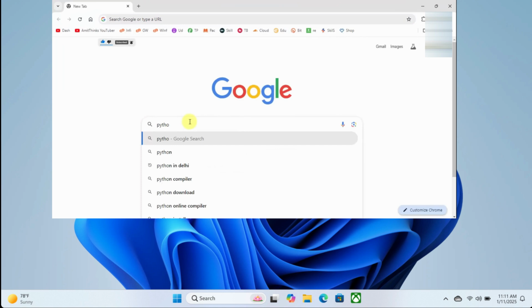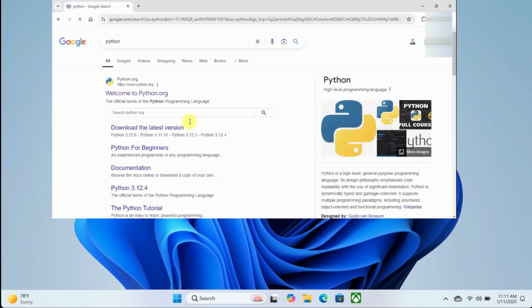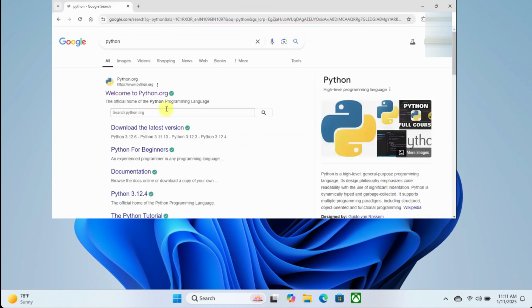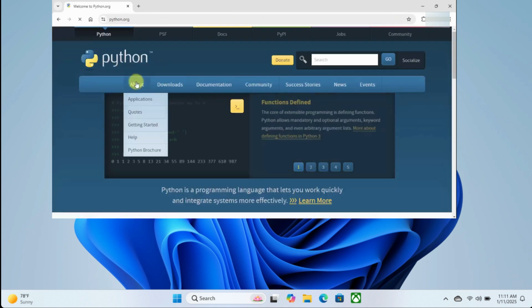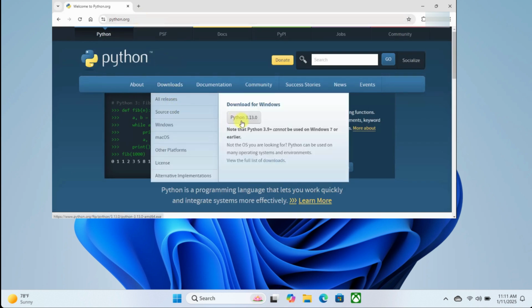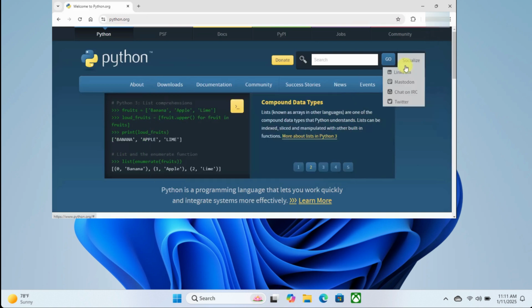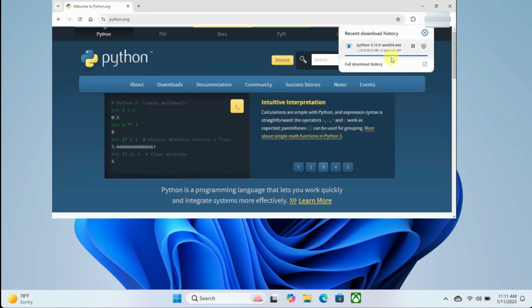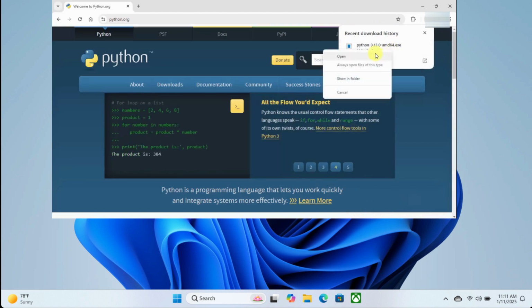First open Google and type Python and go to this link, open it, and from here you need to click on downloads and click here. Whatever the latest version of Python is available when you are downloading it, and after it is downloaded just click on it and open it,